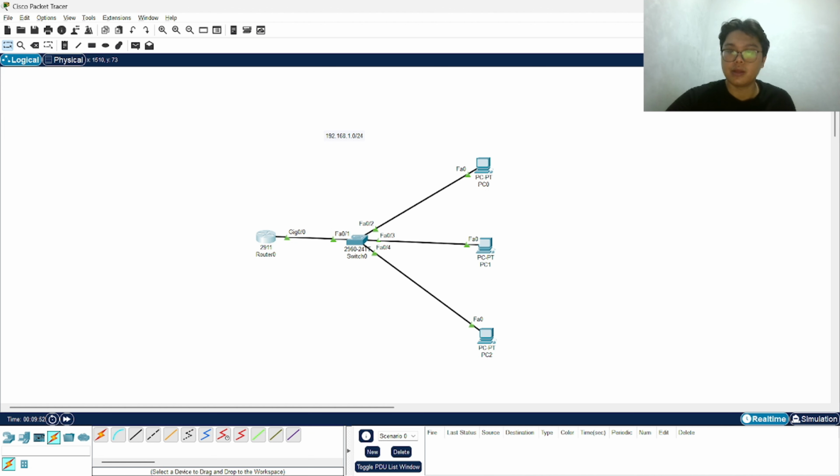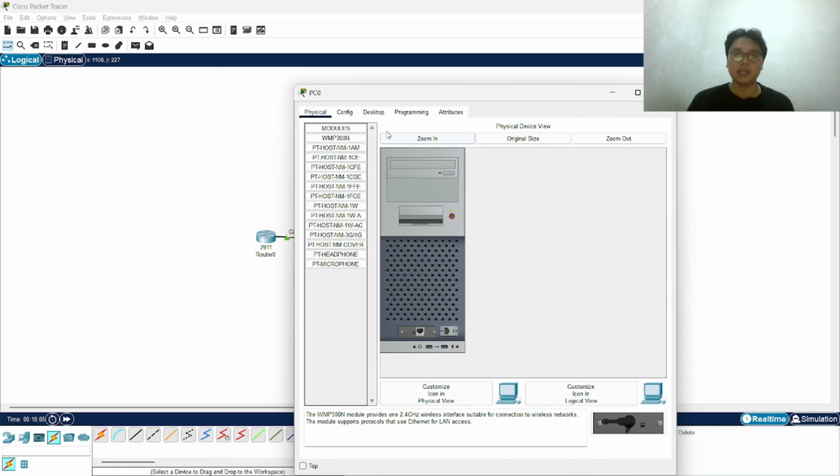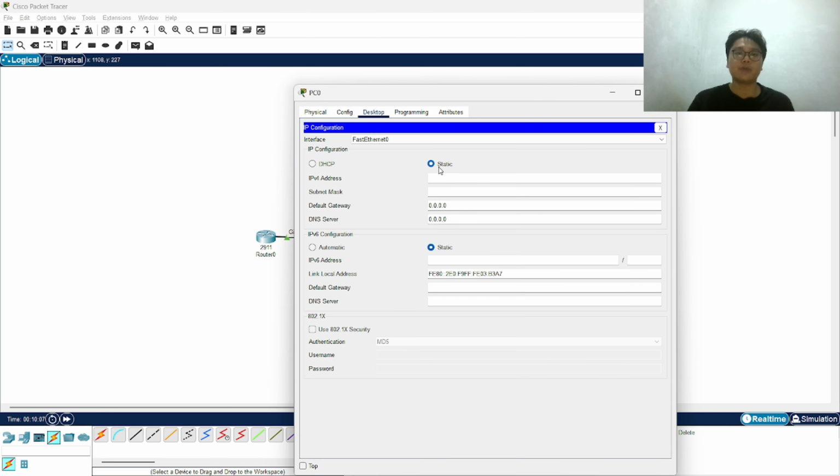And then we're going to configure each PC. So click PC, desktop, IP configuration, and change to DHCP.